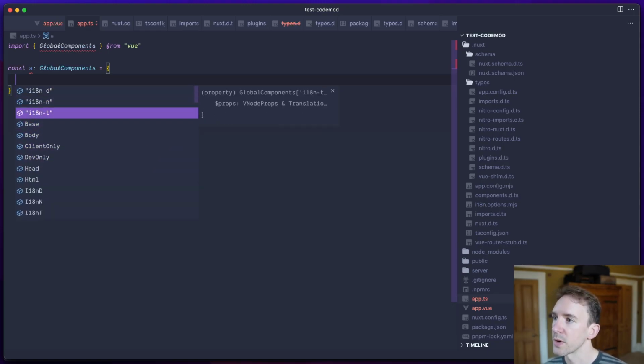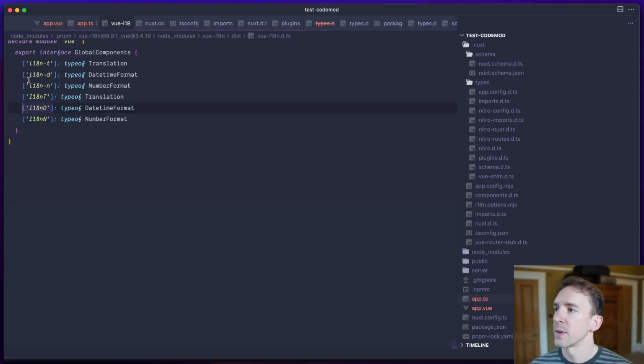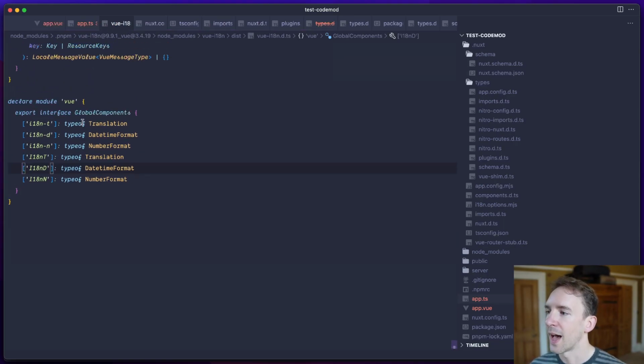Okay, what is registering that? Like all these I18N types. Because I thought we commented that out. But anyway, so we have I18ND. Where's that coming from? Here. Ah! Okay, it's not Nuxt I18N, it's Vue I18N. And I think if I change this to Vue runtime core,